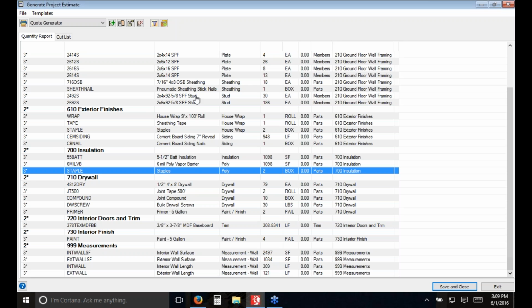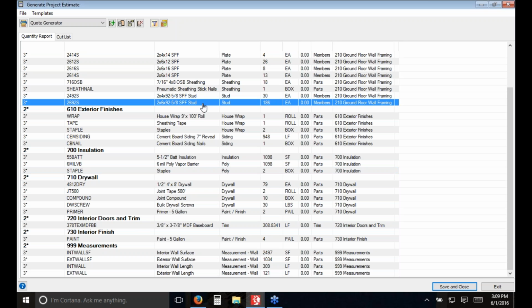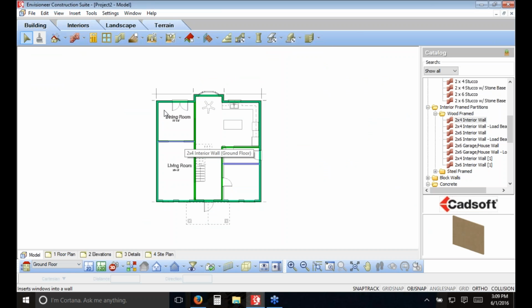But let's look at some of this information, like the studs. How did it know I needed the pre-cut stud length of 92 5/8? How did it know I had 8-foot walls? Let's go back out to our estimate and the PDF we were looking at to find out where